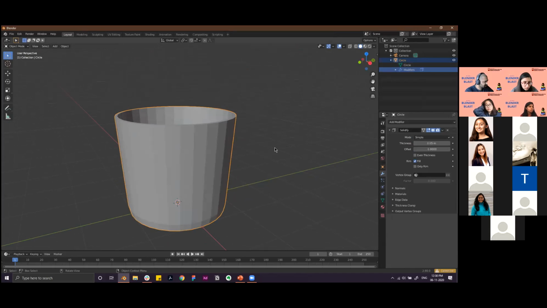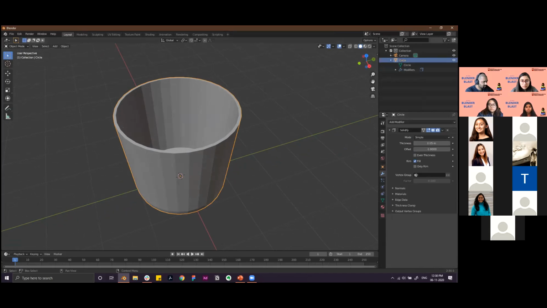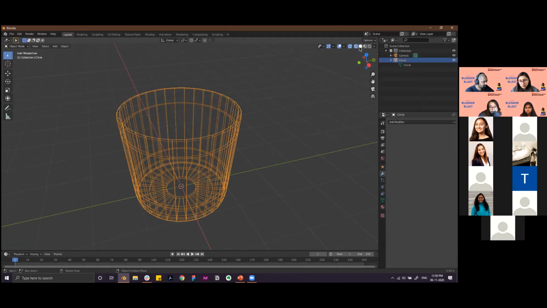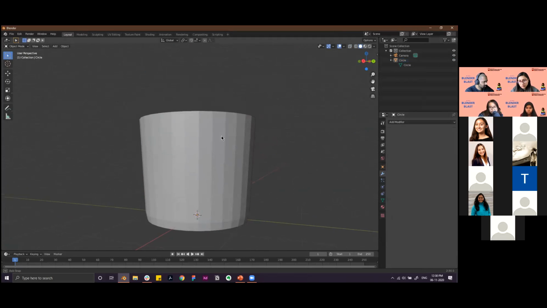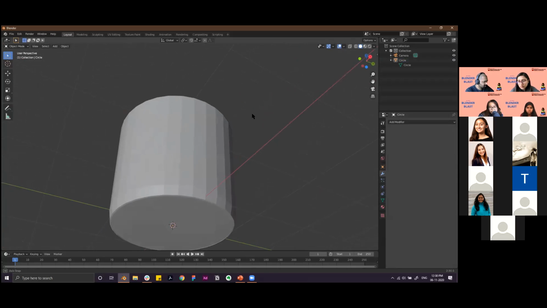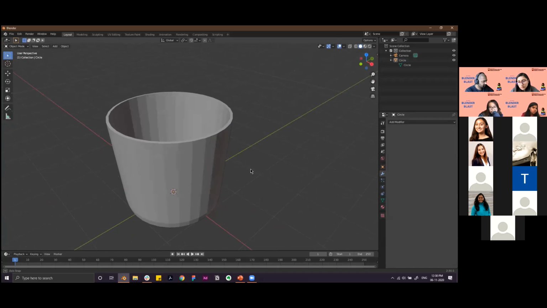Once you have assigned the thickness, you can apply by coming out to the object mode, and then you can select apply, and that will apply the thickness to the cup. So now you have a rough figure of what the cup would look like.